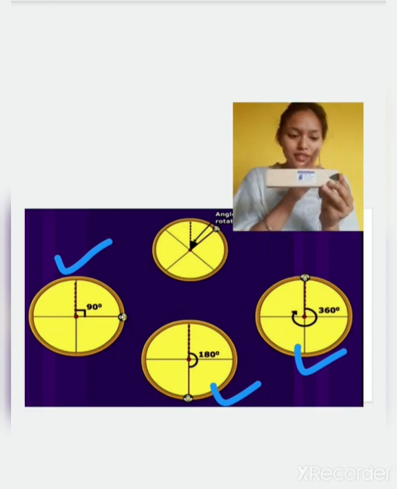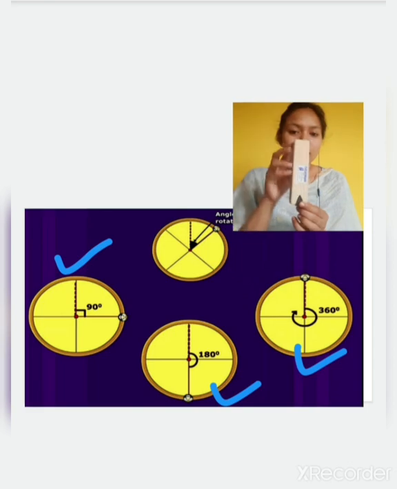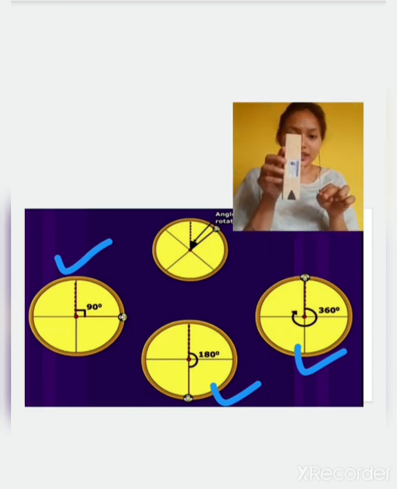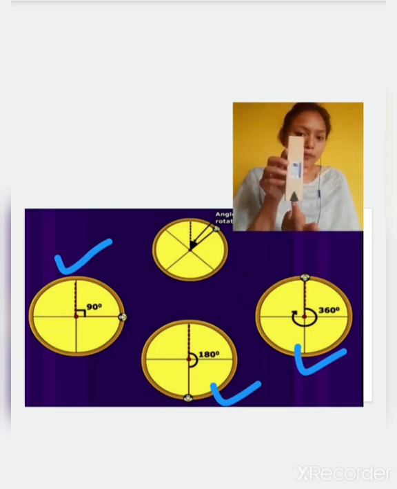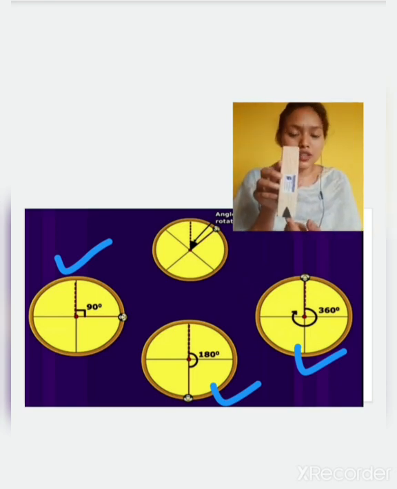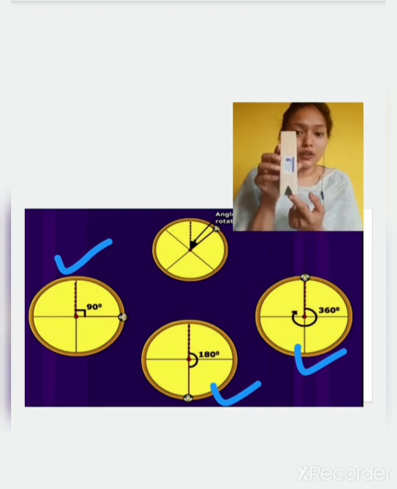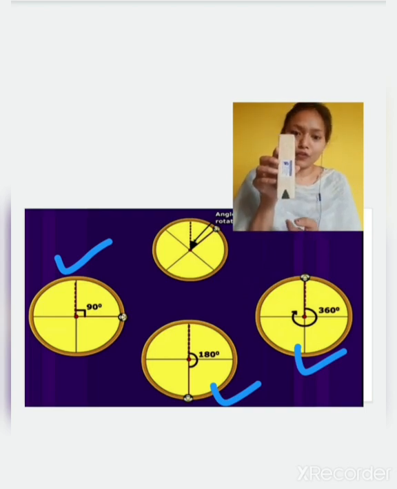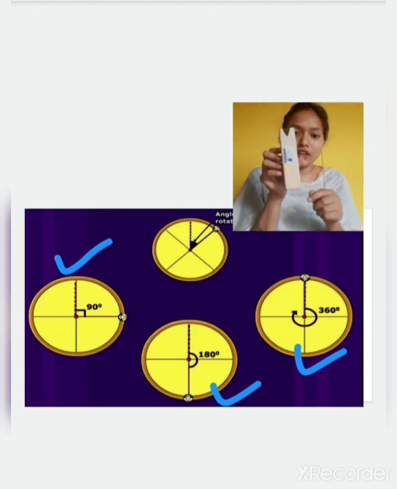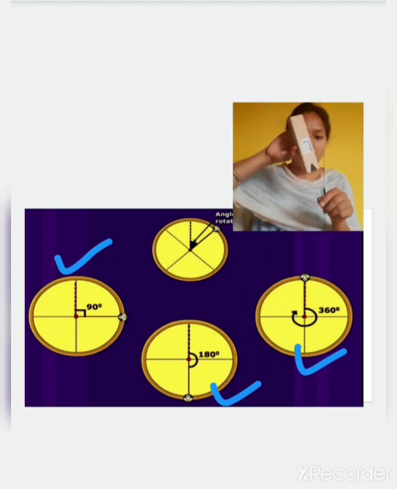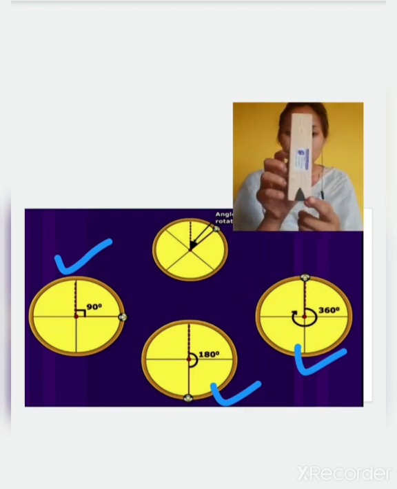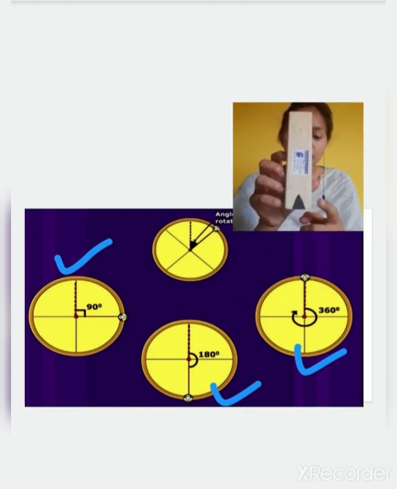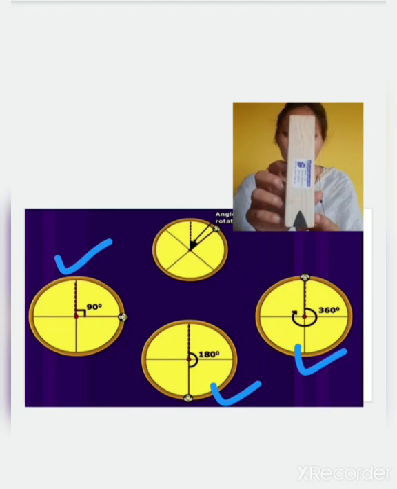Now here it is 90, and again here it will be 90. 90 and 90 is 180. So earlier this point was on the top, now it has come to the bottom. So this rotation is how much? This is a 180-degree rotation, or we can say a half rotation, because it has traveled half the distance. So this rotation is known as a half rotation or 180-degree rotation.